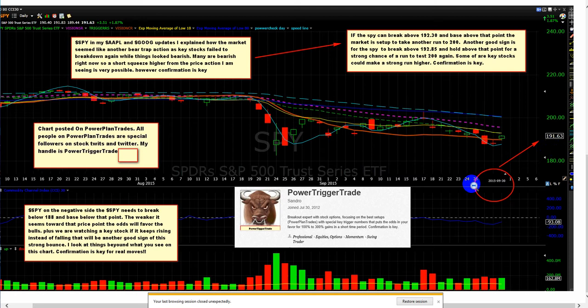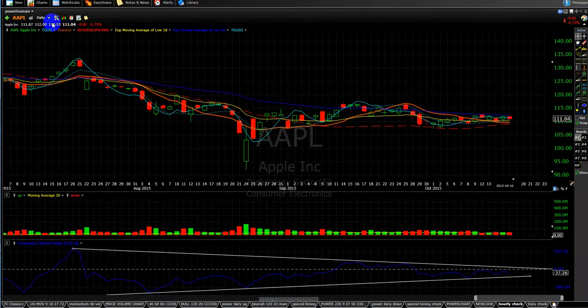Why I want serious people, because the market is very difficult, and don't think this was not a difficult call to make, but this is advanced analysis, people. And so, as you can see here, I made this great plan on September 30th for the overall market, which helped a lot of our trades. I said many are bearish right now, so a short squeeze higher from the price action I'm seeing is very possible. So, if we go to a SPY chart here,